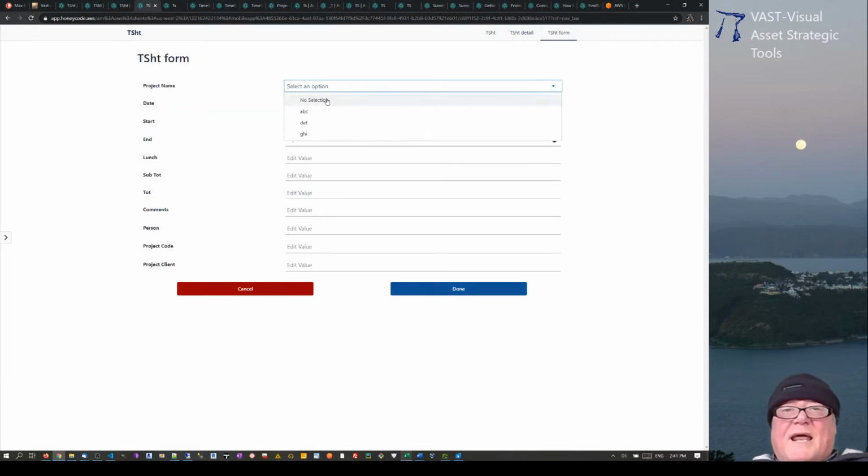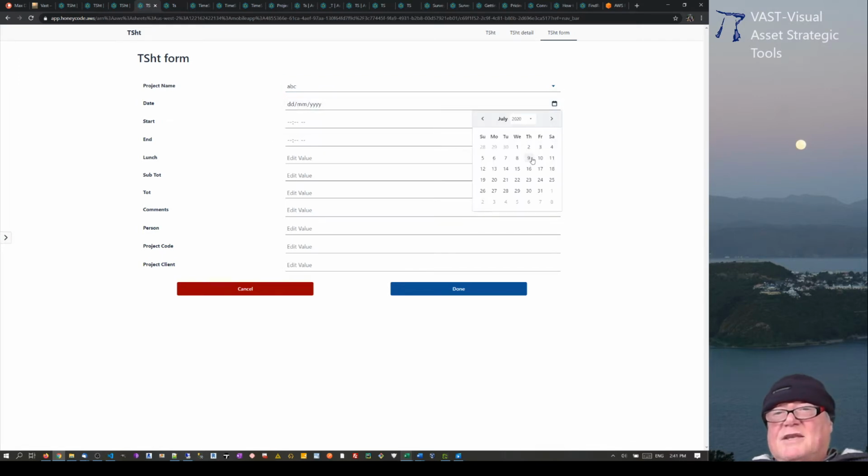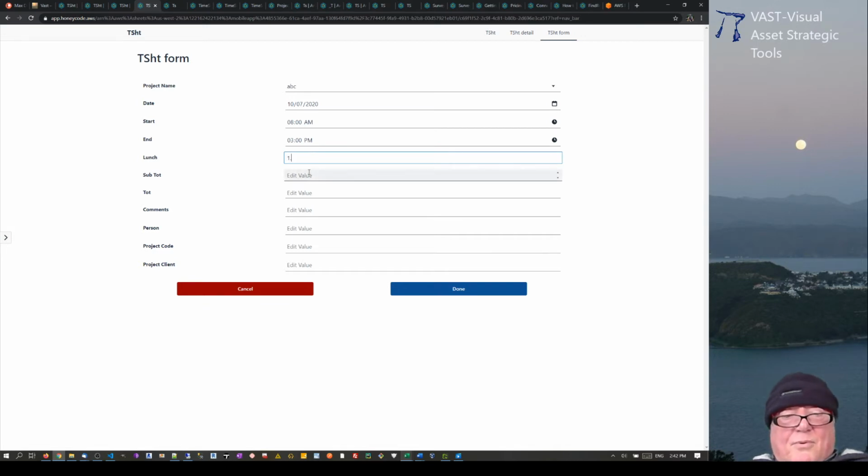Now in the form, we can actually do a selection, ABC. We can do something and check a date. And this date thing is actually quite nice. I do find this, they actually have the clock one on the Google, on the Androids, which is really handy to actually set your times, which I find quite convenient. So there we're going to start at 8 and we're going to finish at 3, and we're going to have a lunchtime, and we're going to have 1 hour or 1.25, and the subtotal we're going to leave,